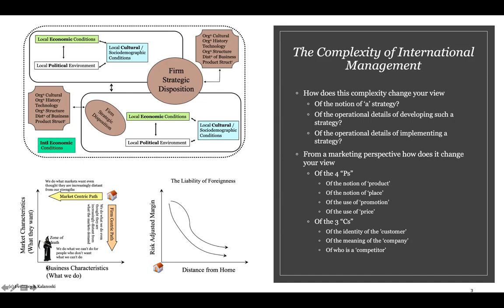If you break things into two simple things: what we do, which says something about the internal disposition of the firm and its technology and everything, and what the market wants, which is what the market that you move into wants. As the firm expands, there will be a gap between what the market wants and what the company does. And so the question for the firm is, which path do they really want to follow here, or what combination of paths? Do they follow a firm-centric path, which is that they do what they do,